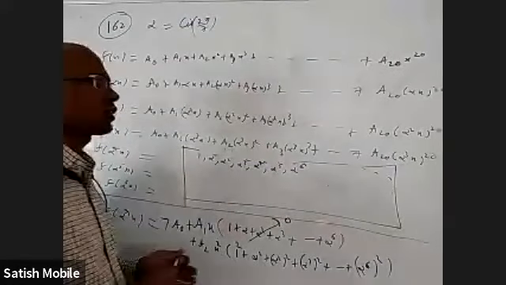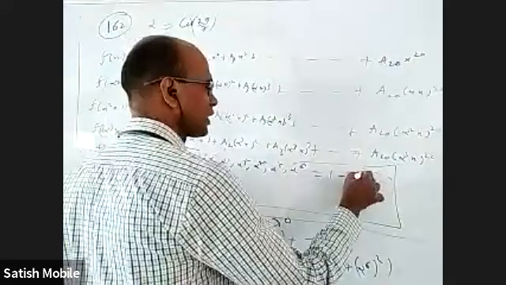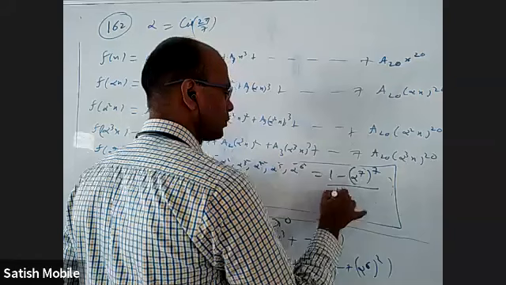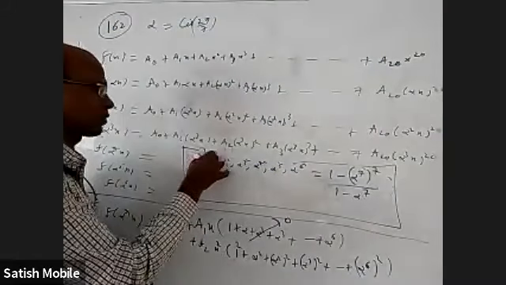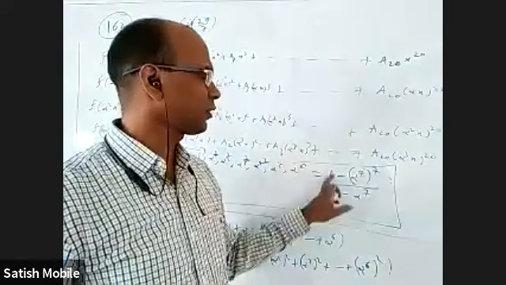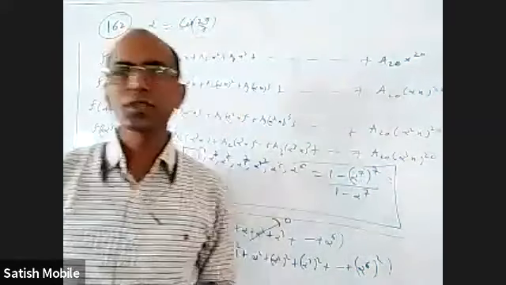Am I right? Then one may say, no, I'm using the geometric progression formula. I'll get 1 minus alpha power 7 whole power 7 by 1 minus alpha power 7, because the common ratio is alpha power 7 when you do power 7 everywhere. And there are 7 terms. This is 1, 1 power anything is 1, 1 minus 1 is 0. What is wrong?